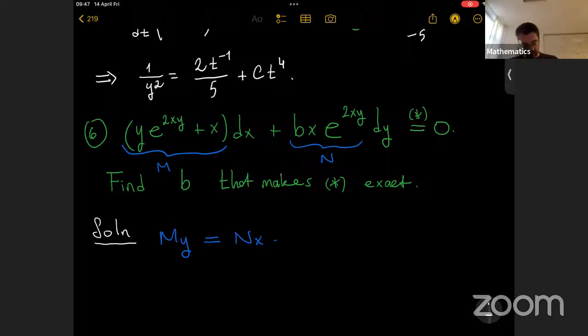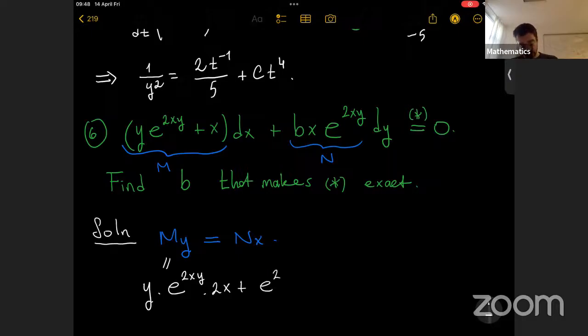What is M sub y? M sub y is basically y times e to the 2xy times 2x. We use the product rule here. Okay. Plus